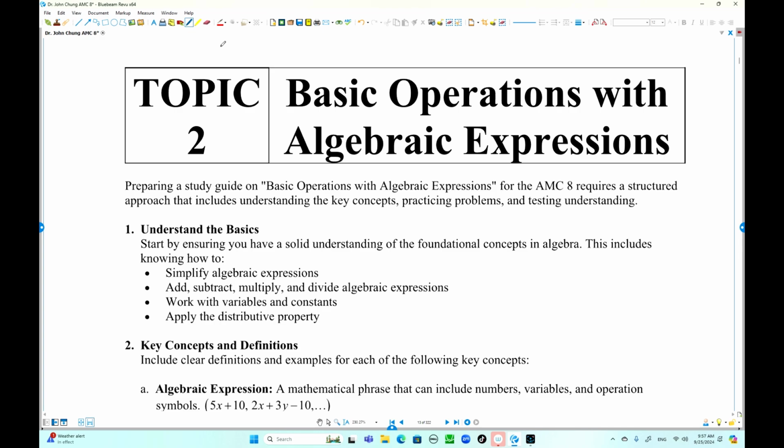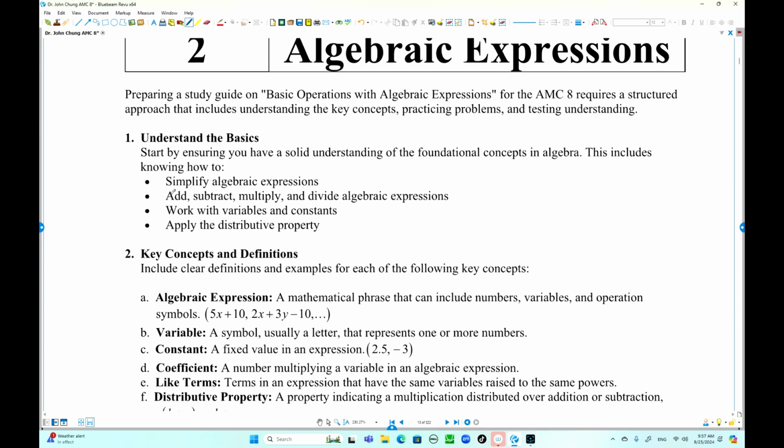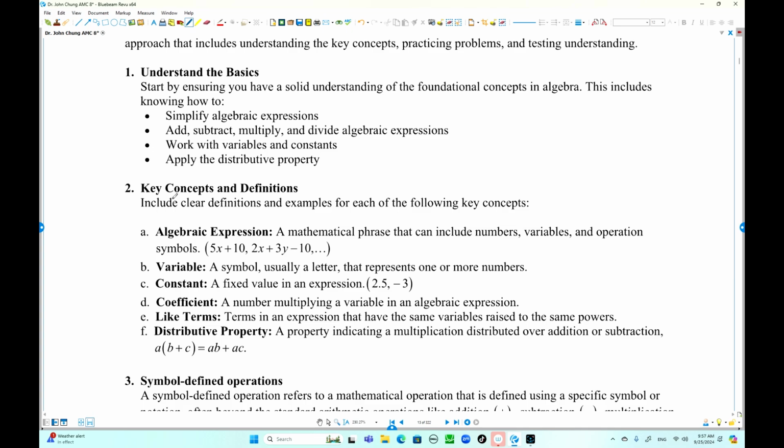Okay, so here is some concept understanding, the basics. You can read this one, all right? And the second one is the key concepts and definitions. You have to memorize all these definitions. What is an algebraic expression, what is a variable, what is a constant and coefficient, like terms or unlike